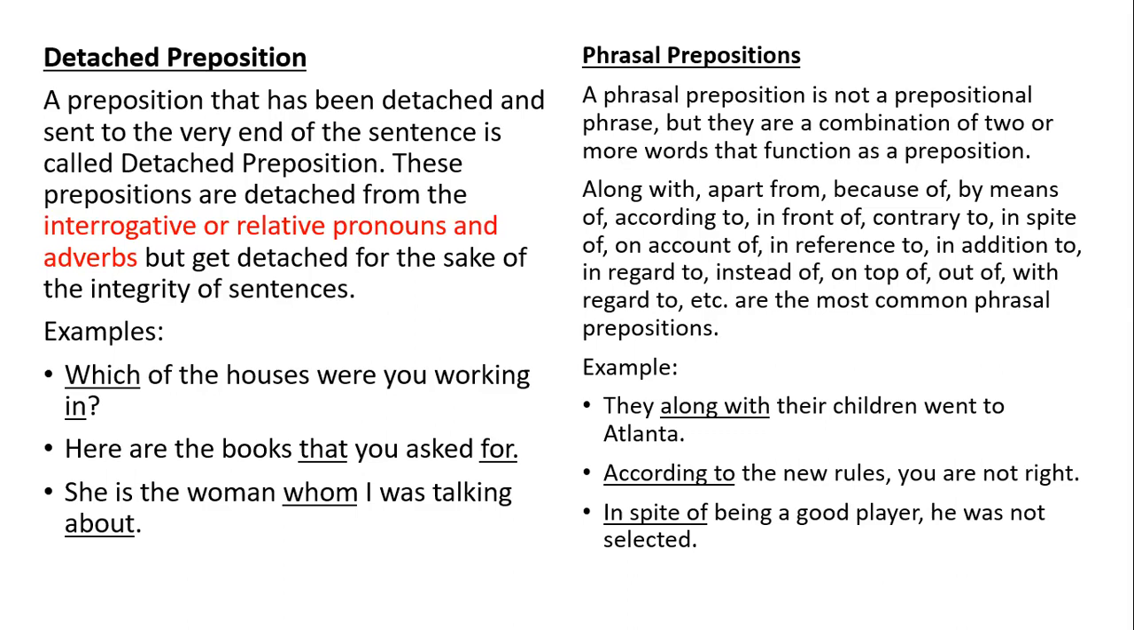So whenever we see use of a preposition in a sentence, when the preposition is separated from the noun, or they are put at the end of the sentence, আমরা সেটাকে বলছি ডিটাচড প্রিপোজিশন। ডিটাচড প্রিপোজিশন কিন্তু প্রিপোজিশনের কোনো নতুন ধরন না, এটা জাস্ট ফাংশন, তাদের ফাংশন অনুযায়ী তাদের একটা নাম।